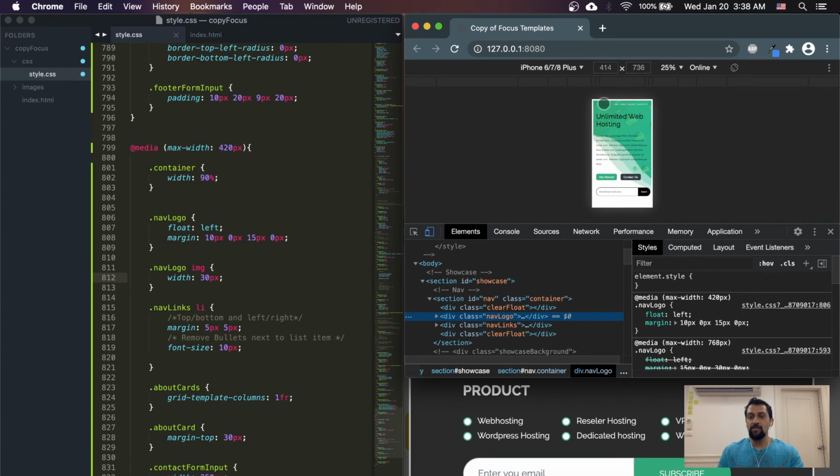So I've got my navigation, I've got my logo, I've got my headings. I can change all of these headings if I want to, and make them smaller. So it's up to me and up to you on how you want to change all of this. But now we've got a fully responsive page with a nice navigation, with an intro, showcase, and an About Us